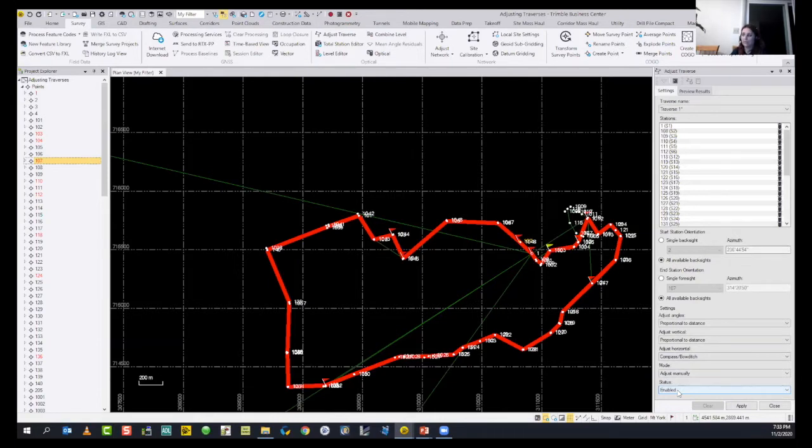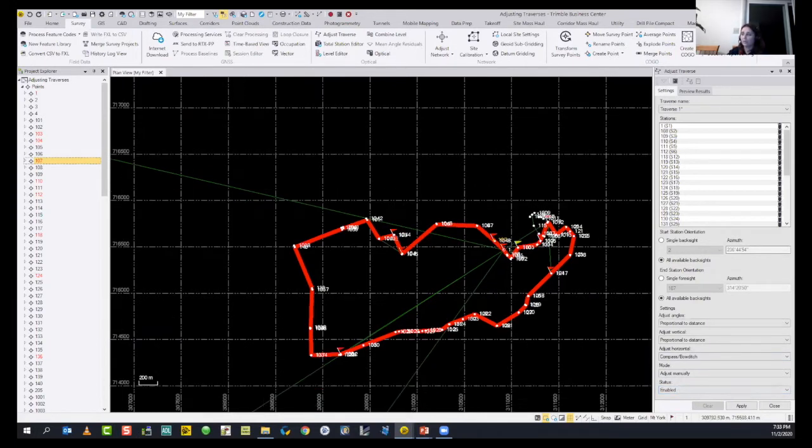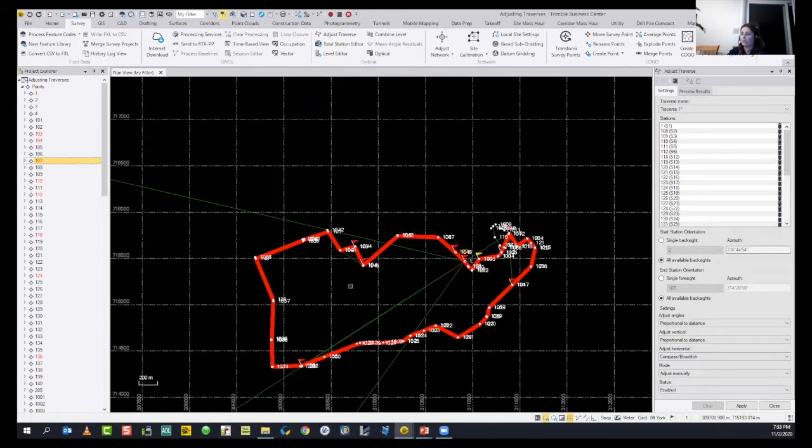For multiple traverses, you will be sharing some of your stations for your future traverse creation. To use the shared stations, you need to set it enabled. If you disable it, you will use the stations this time and they won't be available for your future traverse creation.